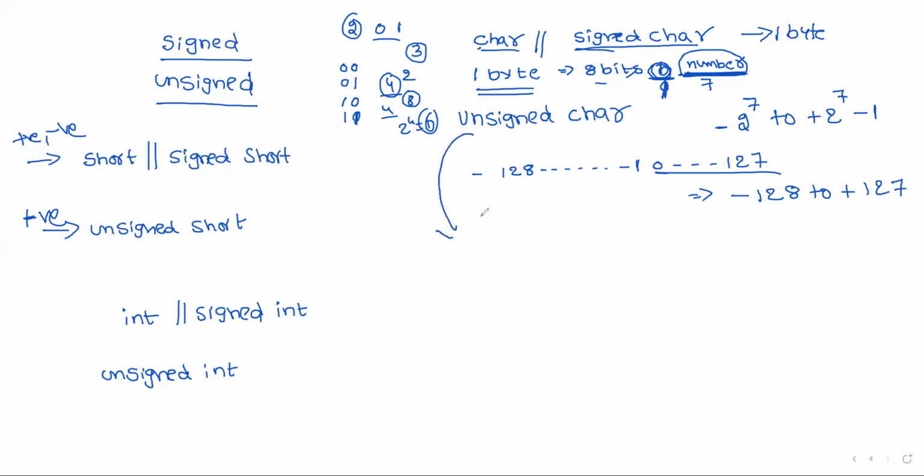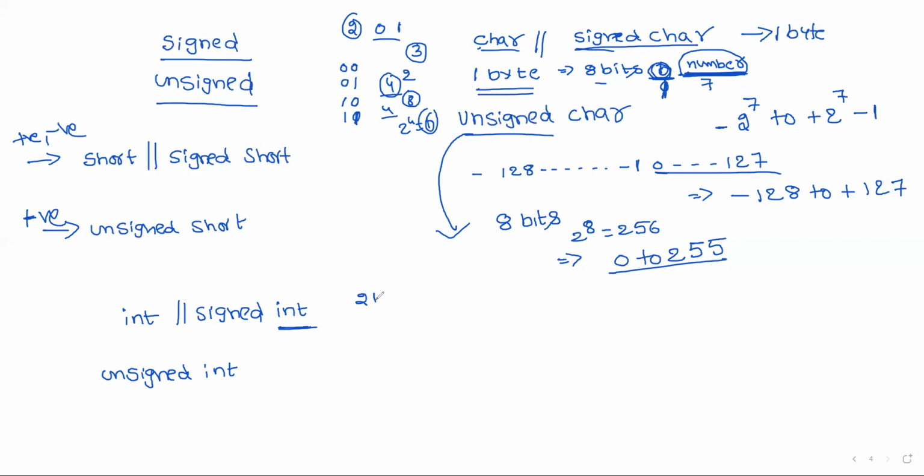Suppose consider unsigned char. Here how many bits are you using for storing the number? You are using the total 8 bits. Why? Here there is no concept of sign. That means always the number is a positive number. That means 2 power 8, in the sense 256. That means what is the range? 0 to 255. Actually you are starting from 0. That is the reason I am subtracting 1. You got it?